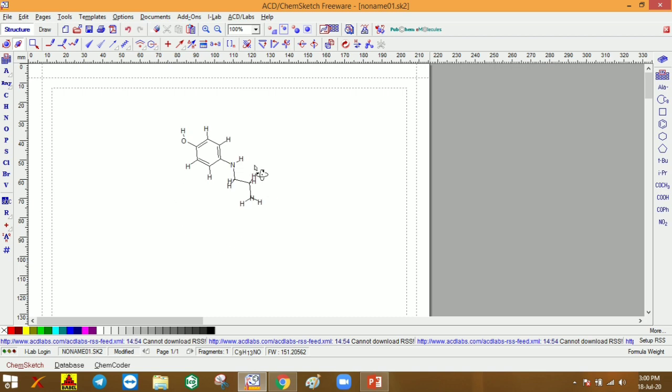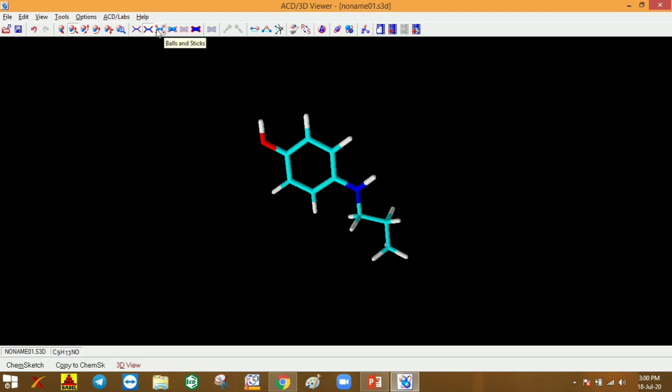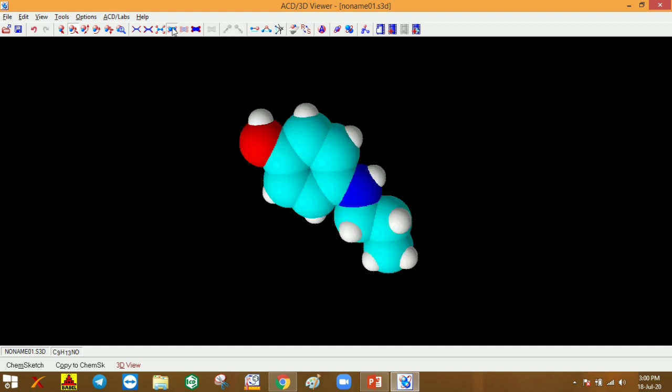And we can also click this button indicating the 3D viewer, and entering into the 3D viewer you can observe that we can change the bond angles and bond lengths, with different types: ball and stick model, this is a stick model, and this is the space fill model.